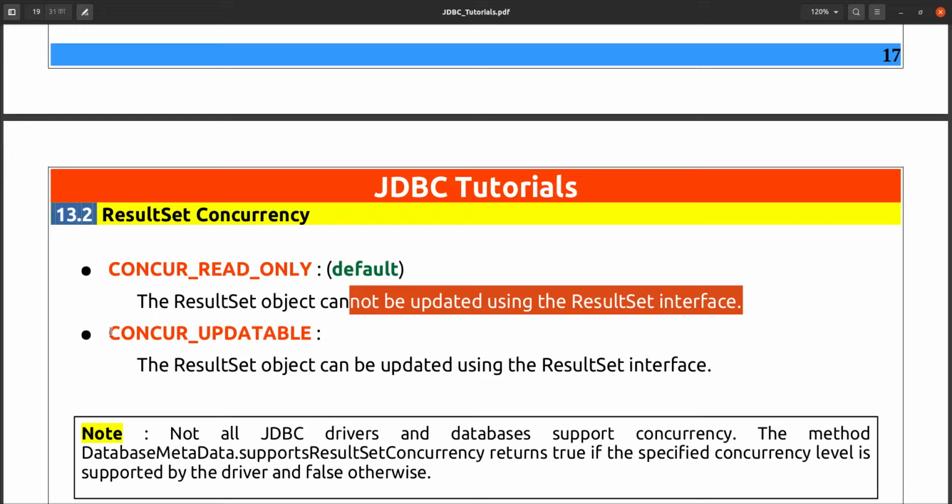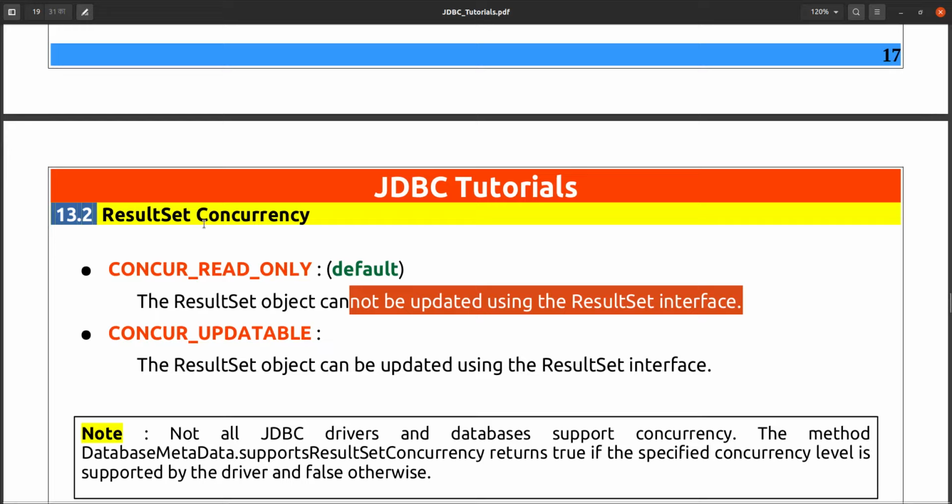It is not that you update the result set value and the update is available only for that result set, because that doesn't have any meaning. Updatable means that whenever you update the value of a result set, that value is reflected in your database also. And read only means you cannot update the result set, you can just read.